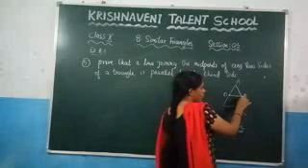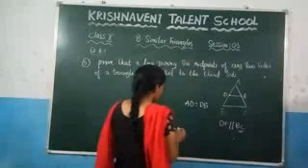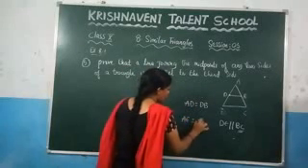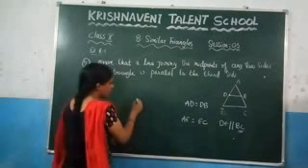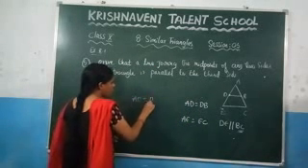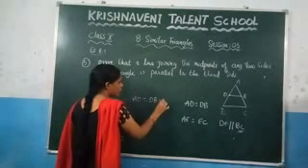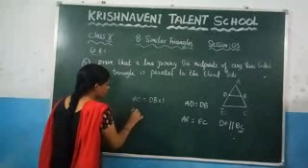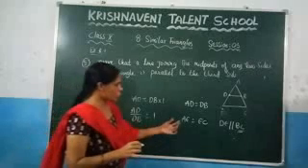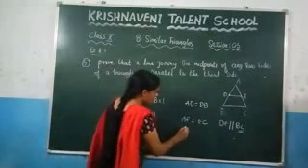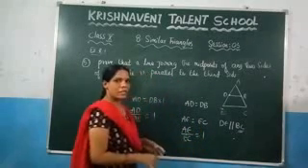Similarly, they have given that E is the midpoint of AC. So you can write AE is equal to EC. After that, if you take the first condition, AD is equal to DB, and take DB to this side, it will become division, because you can write this one as into 1. So here you will get AD by DB is equal to 1. Similarly, if you choose this condition, here you will get AE by EC is equal to 1. I am just taking it to the left hand side.